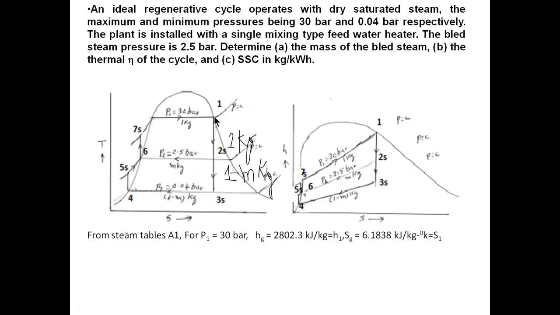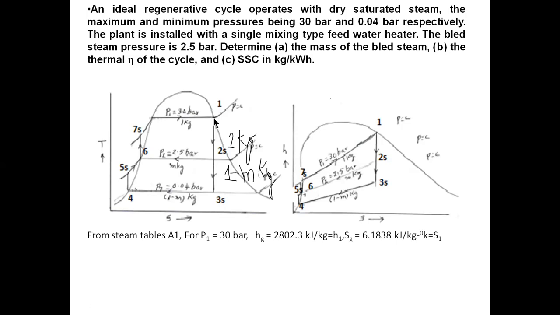See, either you can use Mollier diagram or you can use the table. Okay, for accuracy here I will show you how to use the table. So when I take state 1 here, what is state 1? It is on the saturated vapor line, it is dry state. You know h1 here is nothing but hg at 30 bar, because the pressure line following at 1 is 30 bar, so it is hg at 30 bar.